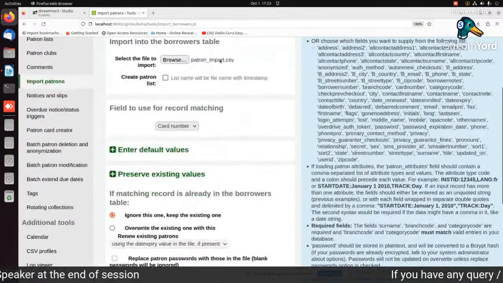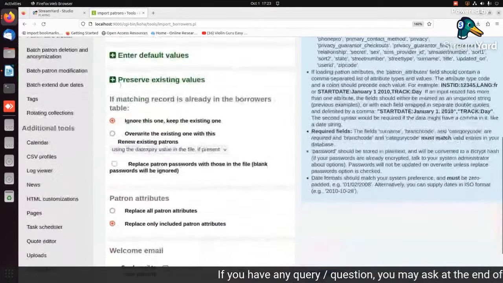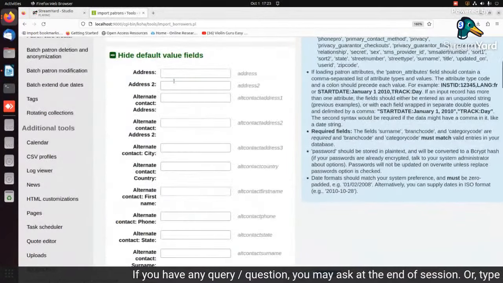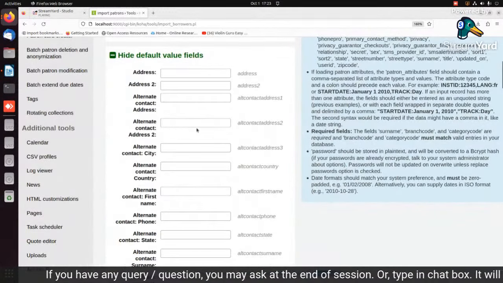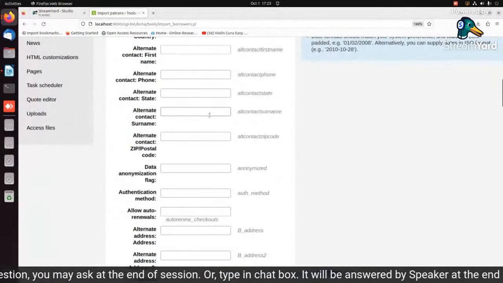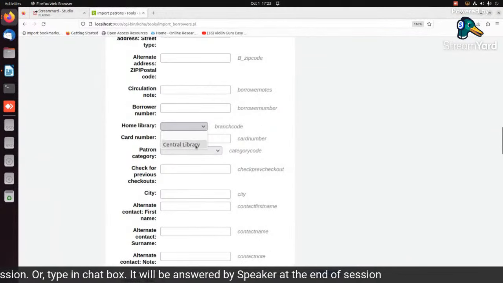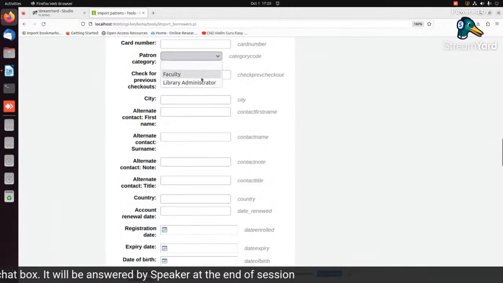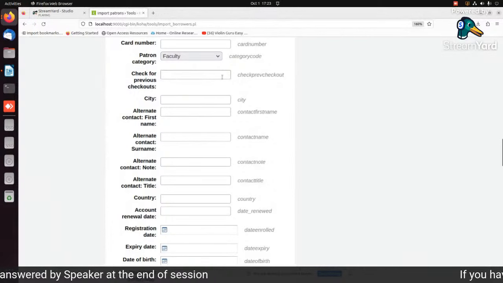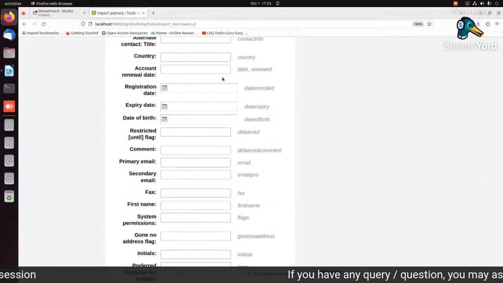So patron underscore import.csv. Then next is the enter default value. Please do not forget to set or configure it, otherwise your value will not appear properly. So I select this, I choose the library, I choose the category in which I am going to take the data, and then